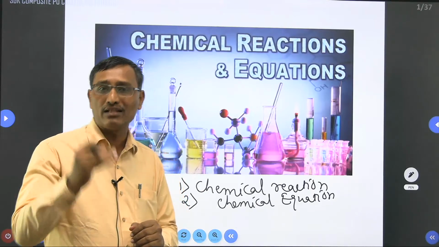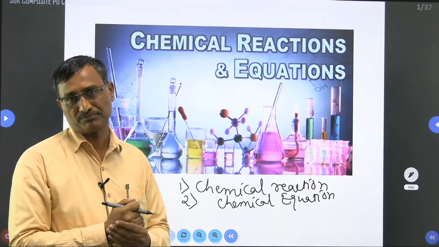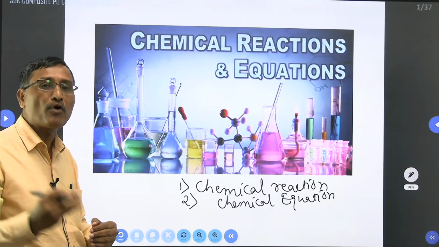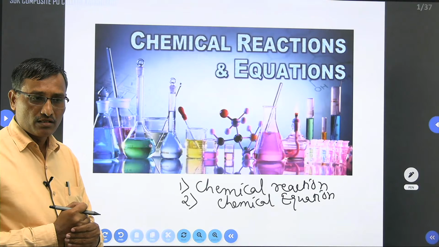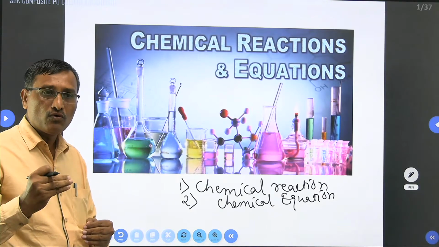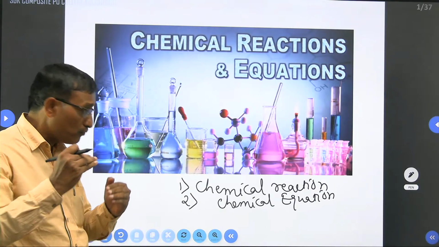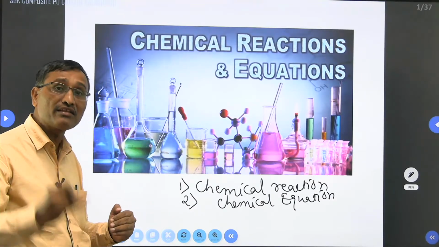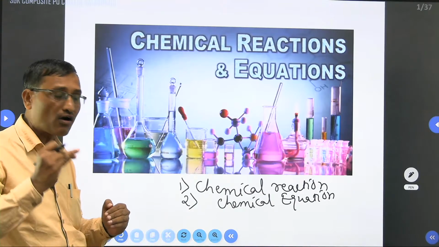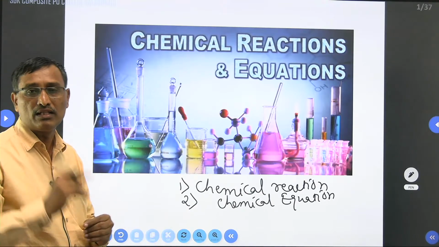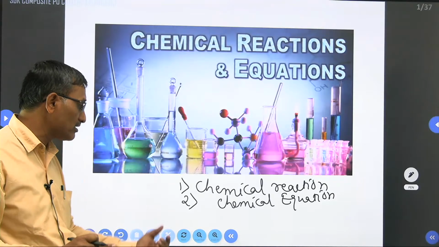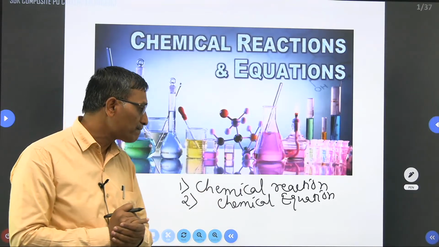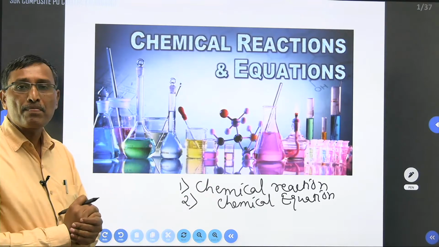Next one is how to balance the chemical equation, because balancing the chemical equation is very important to fulfil the law of conservation of mass. Balancing the chemical equation is in accordance with the law of conservation of mass. That is why how to balance the chemical equation, that also you will be learning, followed by